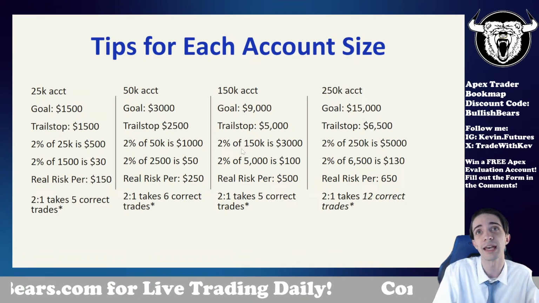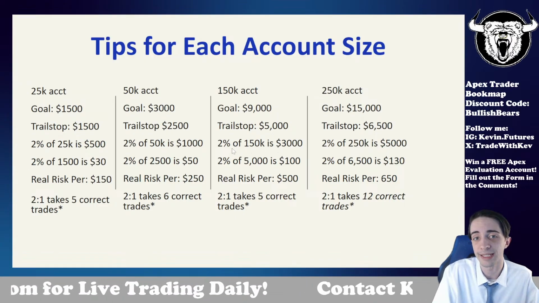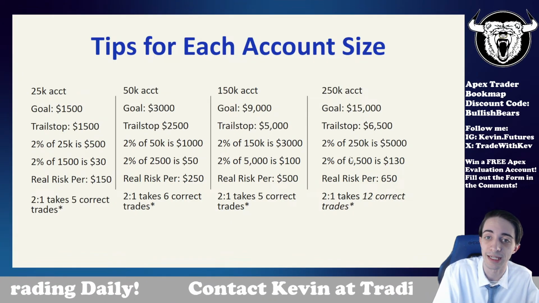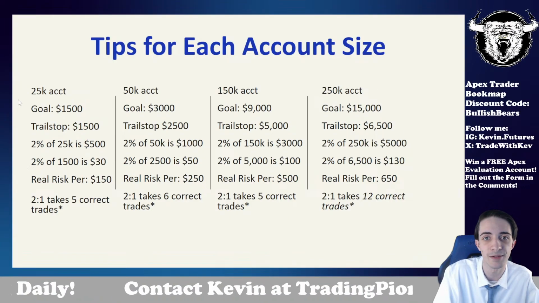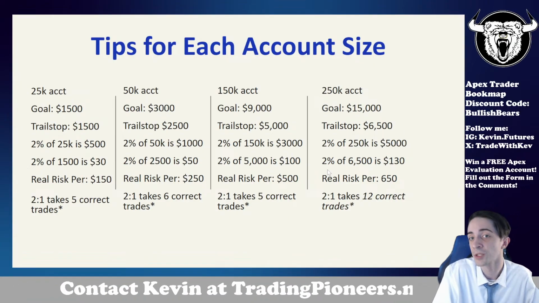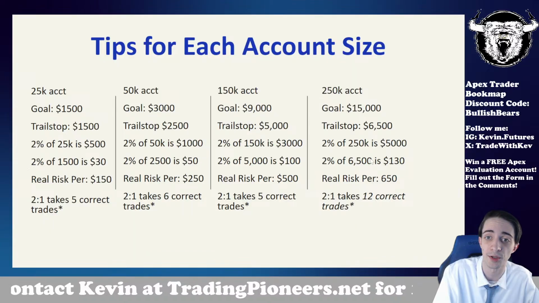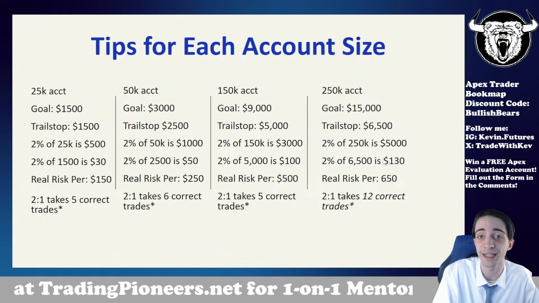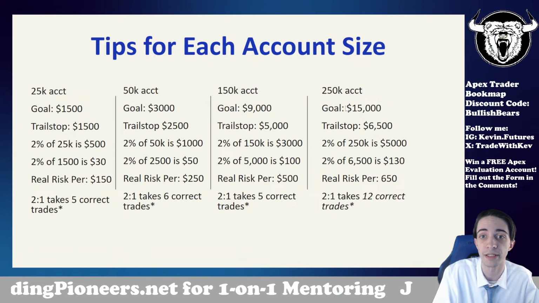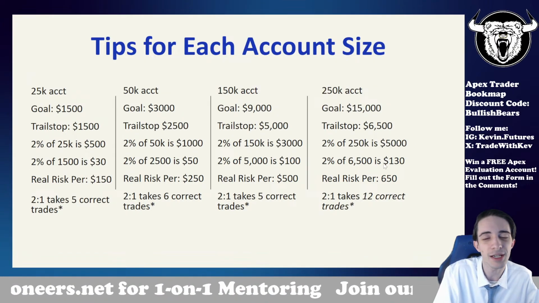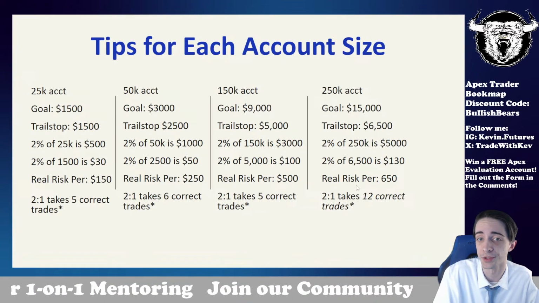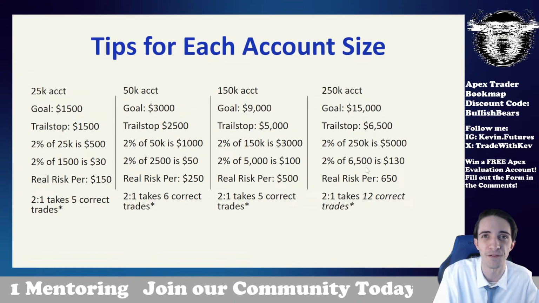And again, something that we notice with all these Apex accounts is 2% of the original balance would knock us out of this account in just 3 trades. And that's for all of these that we have up here. 2% of 6,500, which is our trail stop, is only $130. Again, on a $250,000 account where our goal is $15,000, risking $130 per trade, we're going to be there for a while. So real risk maybe about $650 per trade.